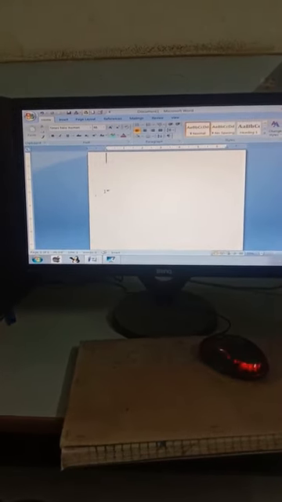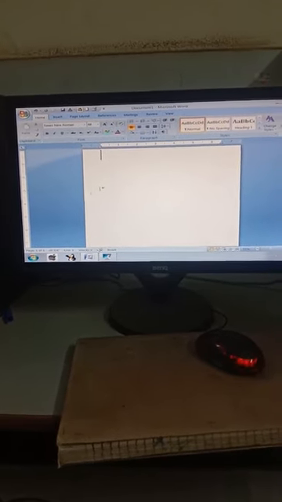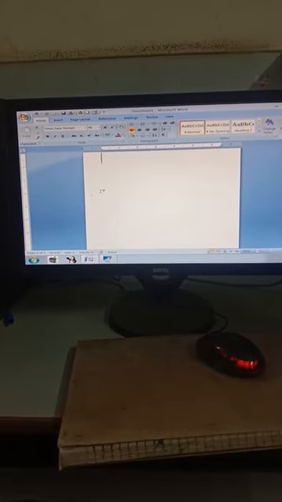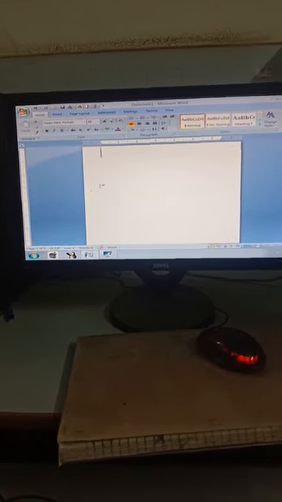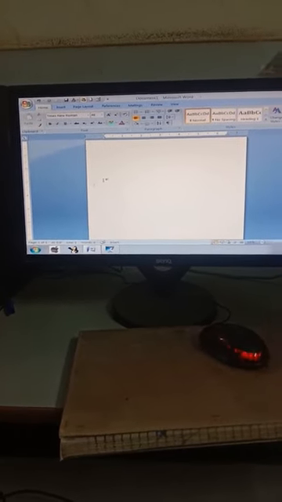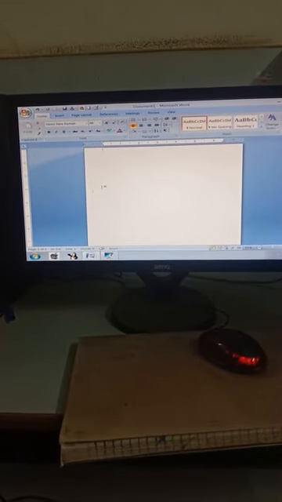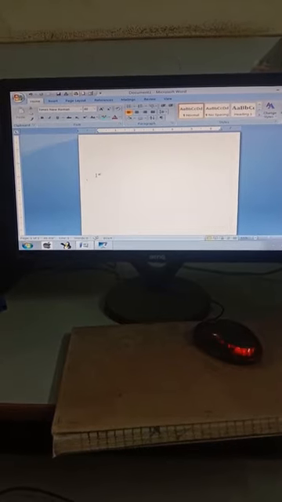modifying a table, how can we add a row, how can we delete a row, how can we add a column, how can we delete a column, how can we merge the cells, table heading, how can we split a table into two or more than two. Next we discussed auto format feature. What is auto format? What are the different features of auto format?